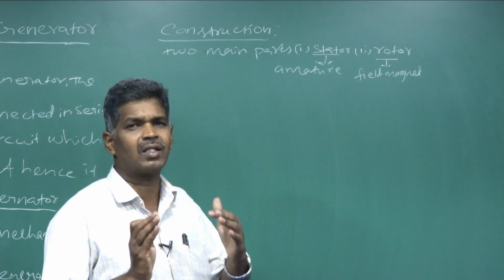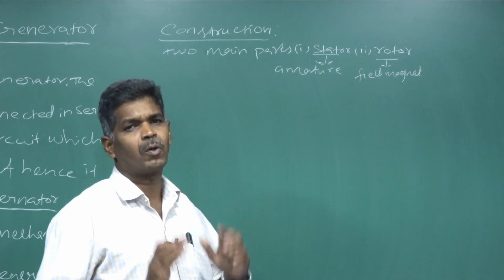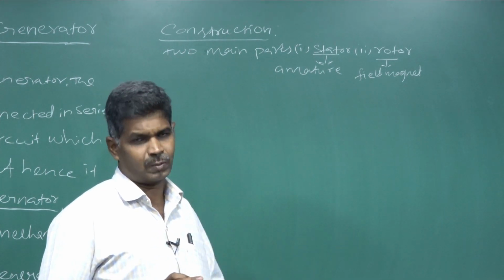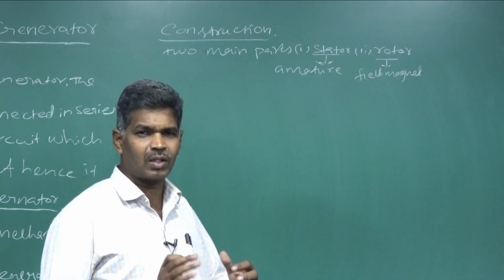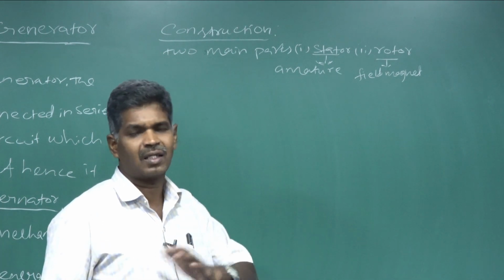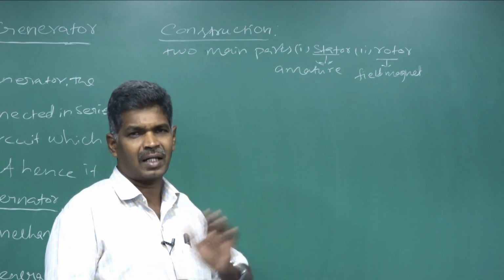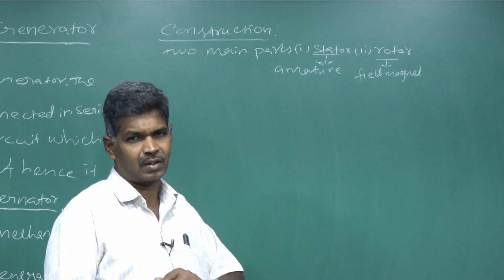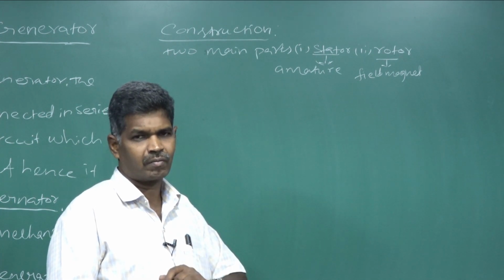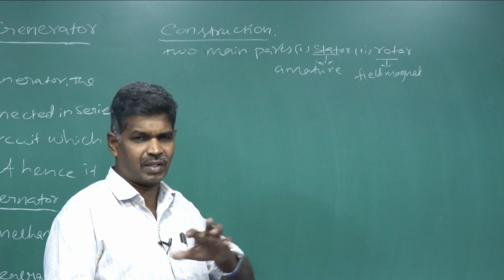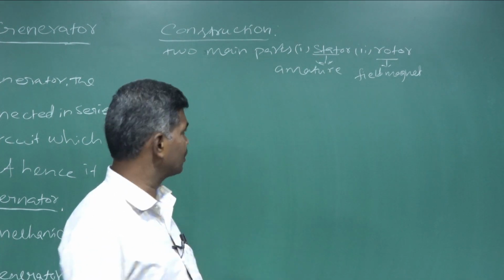That armature is positioned in our field magnet. First we will draw the field magnet. The field magnet has two poles, north pole and south pole. This magnet is an electromagnet. We know about permanent magnets and electromagnets. Examples of permanent magnets are the bar magnet and horseshoe magnet. For electromagnets, we have devices like the solenoid and toroid. Otherwise, we can specially design a magnet here.